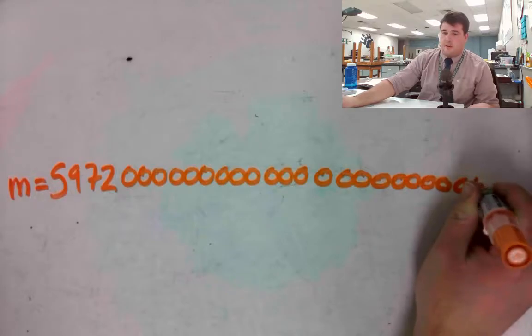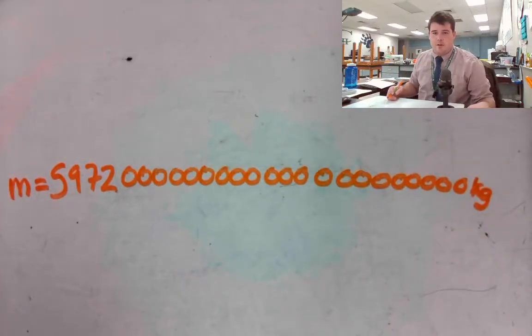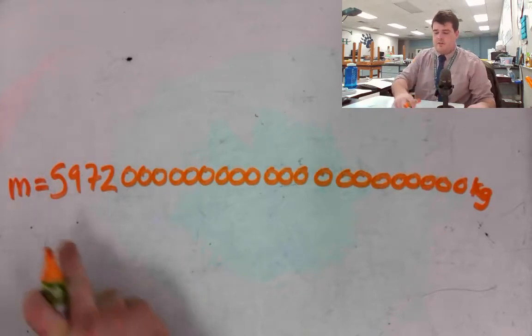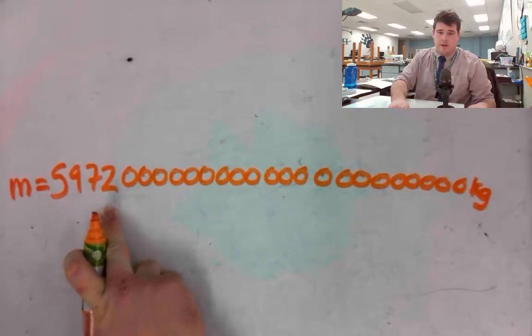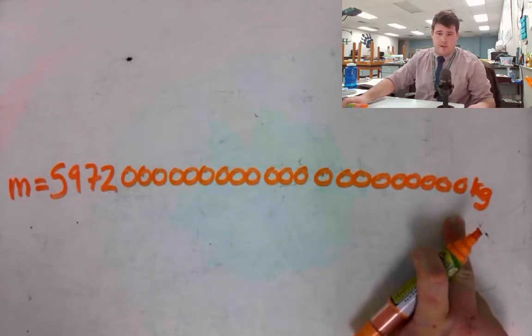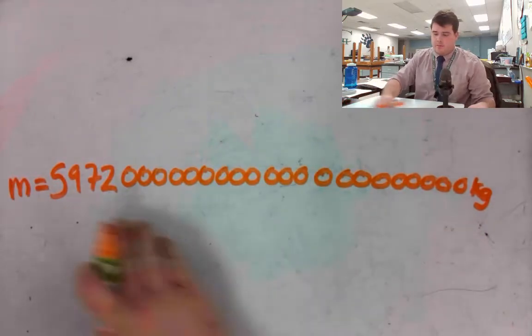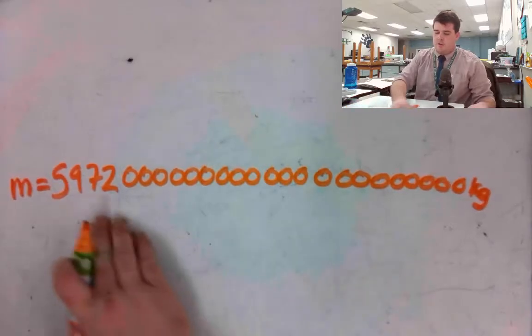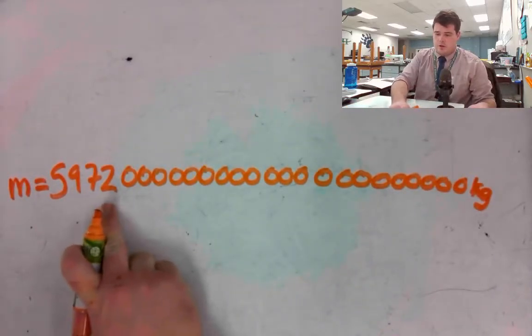59720000000000000000000 kilograms. And I barely fit it on the page here. Okay, this is a ridiculously large number. Hopefully you're realizing we've got 4 digits here that matter, and the rest of these are all zeros. Are they actually zeros? Probably not. They probably have values that go in here, but we've just rounded it to the nearest, whatever that 2 is,